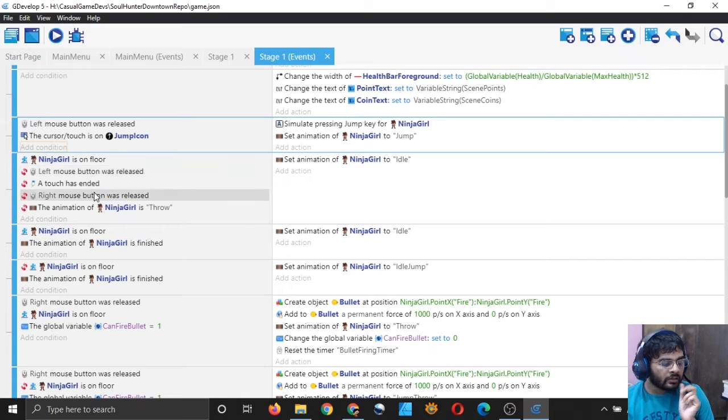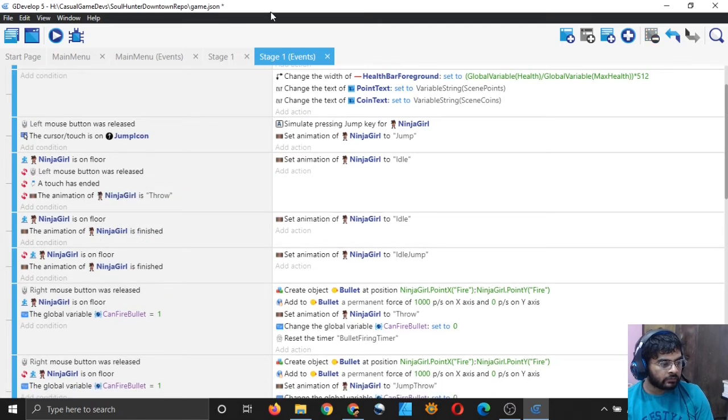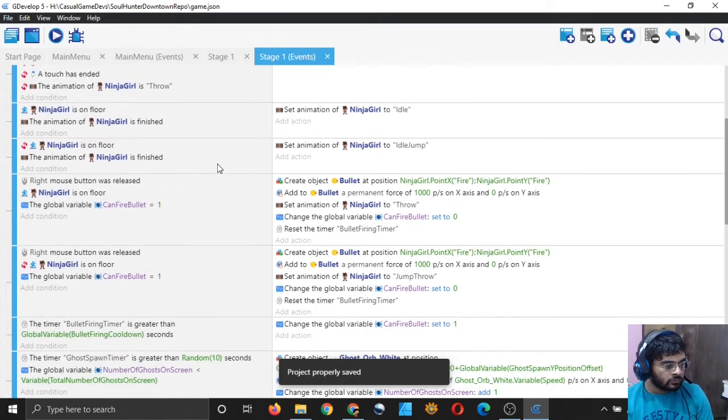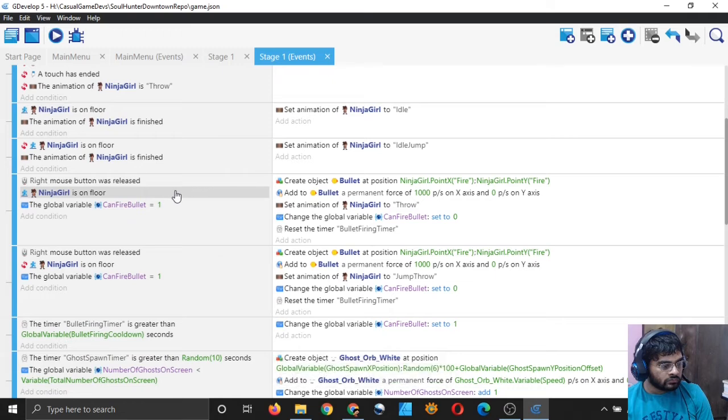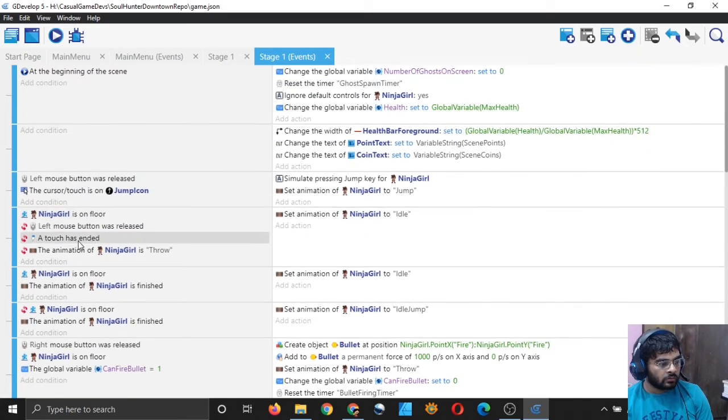And here also you can simply say none of the buttons was released. I think I can remove the left mouse button command. And here for right mouse button, I also want to check if the cursor or touch is on the attack icon.